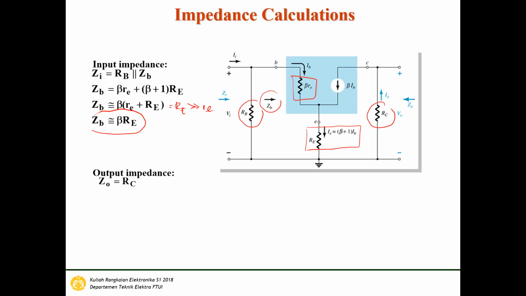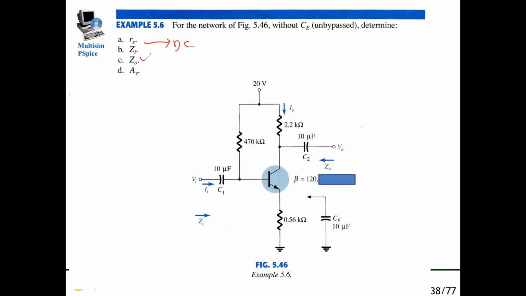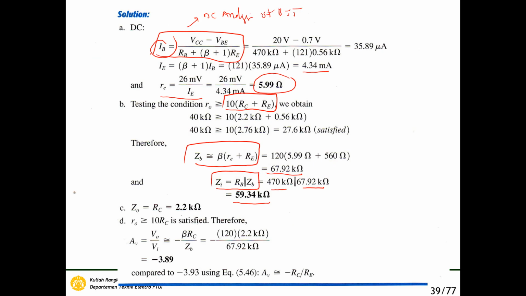So the ZI is using this equation: ZI is RB parallel to ZB. So we implement in this equation. ZI is RB parallel to ZB. So we got that RB is 470 kilo ohm and ZB is 67.92. So we got that ZI is 59.34 kilo ohm. And then ZO here is equal to RC, which is 20.2 kilo ohm, and then AV is VO